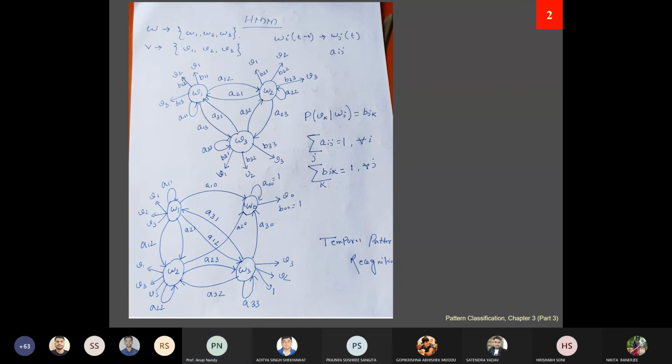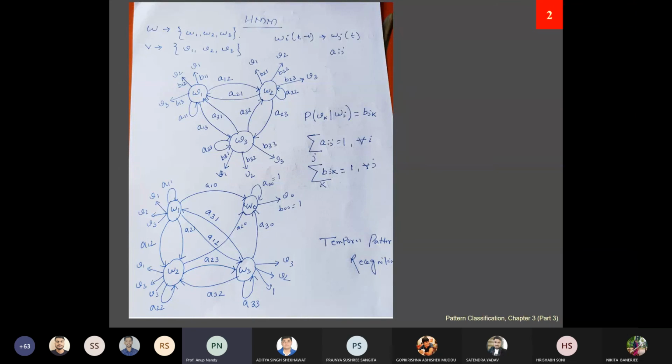Now in the second diagram, in the first diagram you can see that one state can go to each other. But the moment you find that this is my output state, W0, you cannot go back from the output state to the other states. Or you can say it is an absorbing state. If you identify this as an absorbing state, then from it you cannot go back to the other states. That is why it is written so.